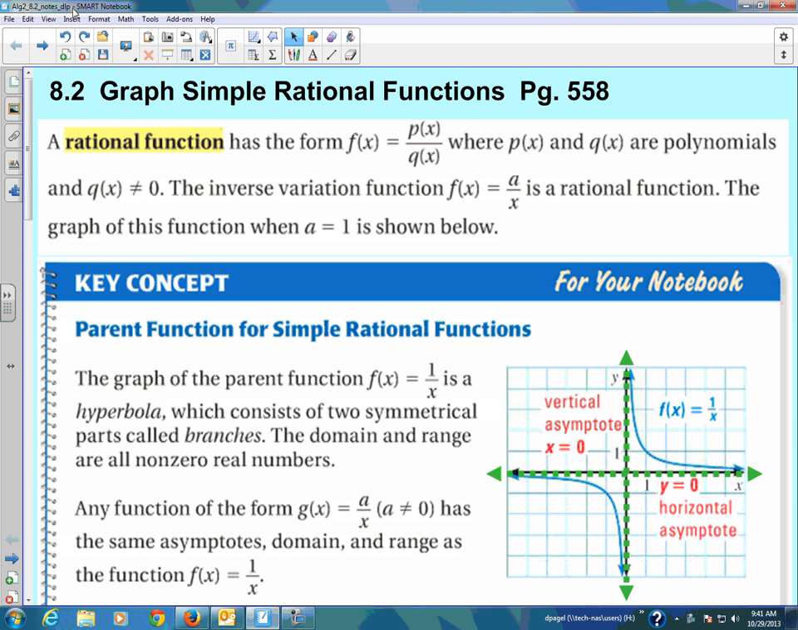Section 8.2, graphing simple rational functions. We're getting out of our exponential and log world for a little bit and taking a look at what happens when we have the quotient of two polynomials. These are some unique looking graphs, and because of that fact, we are actually going to be going back to